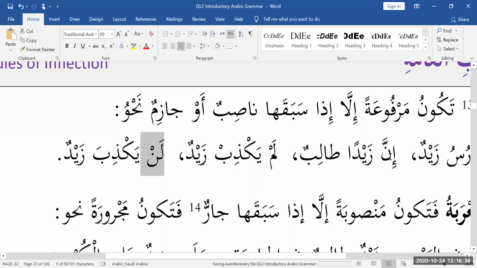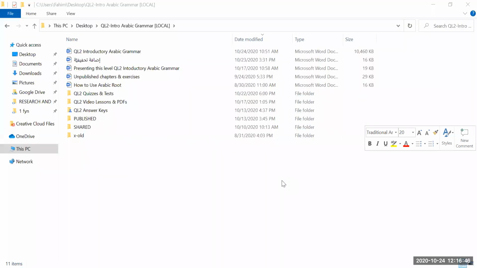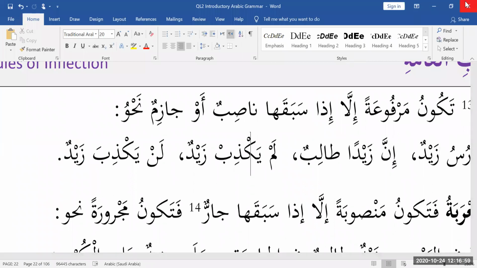So how many nasibs here? We have inna as a nasib. We have lam as a jazim, and then we have lan as a nasib. So pay attention to these changes from now on. You will see lots of words with changes in their ending. All right,